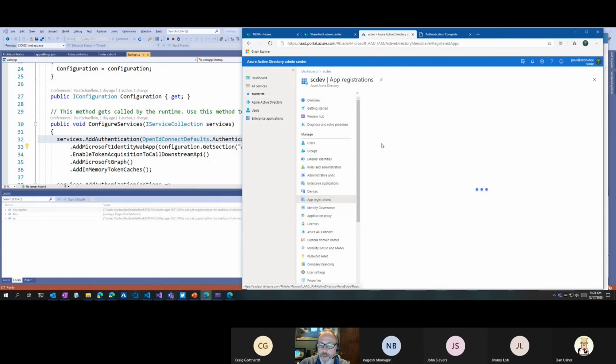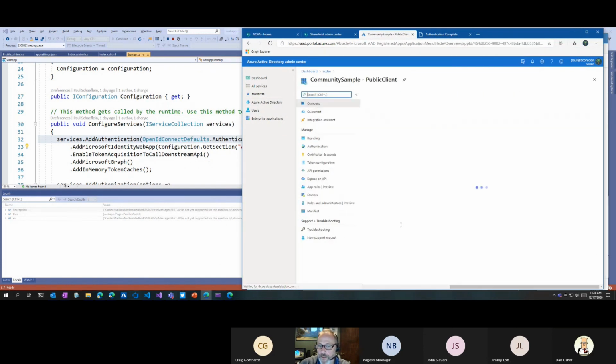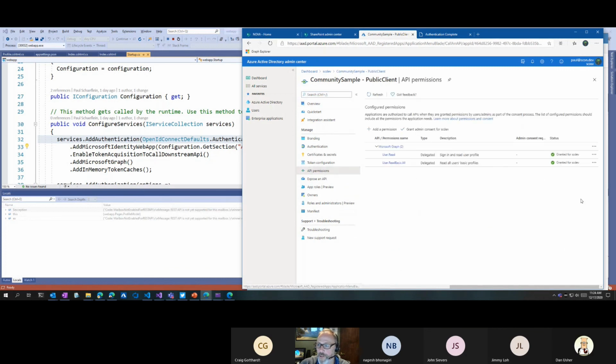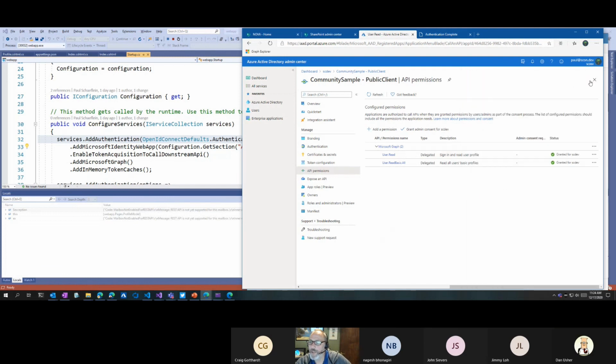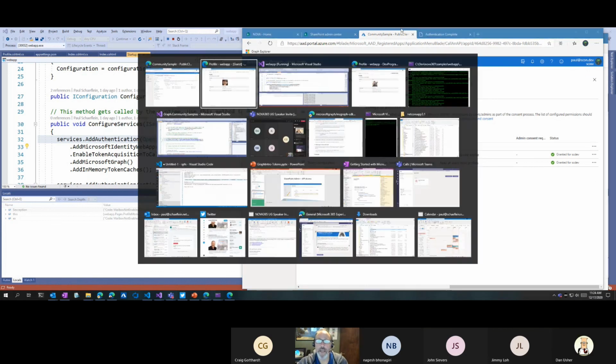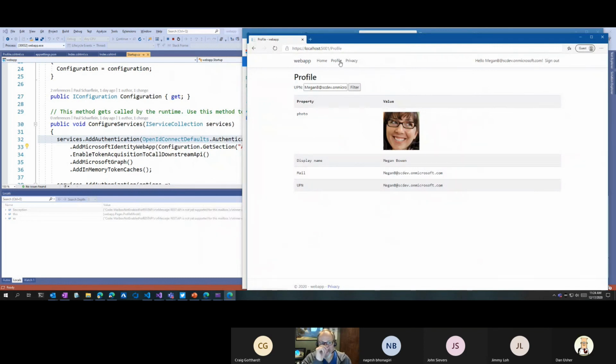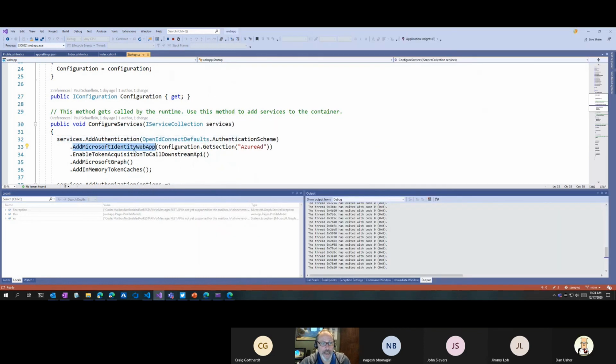So let me just close the loop here. If I go back to my sample and I look at the API permissions, yep, admin consent was performed for everybody. So if I go in here and I think I can remove, no, I don't want to remove the permission. I can't disable the consent. My apologies. So I can't show you the consent, but what would have happened when I clicked on the profile link, the Microsoft.identity.web code would have said, oh, the call to Microsoft.graph failed because of a permission issue.